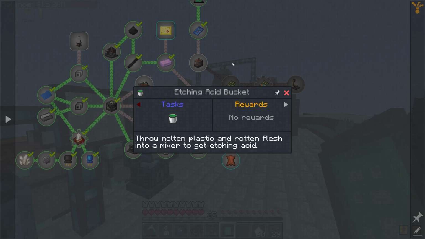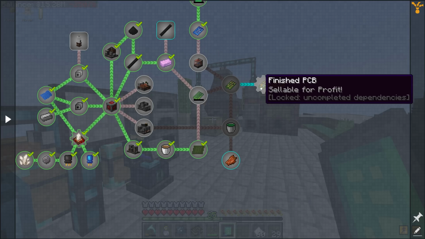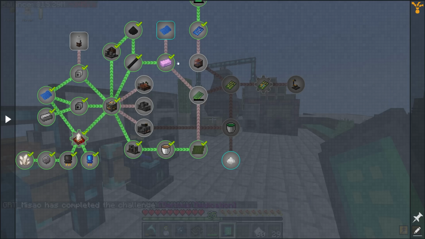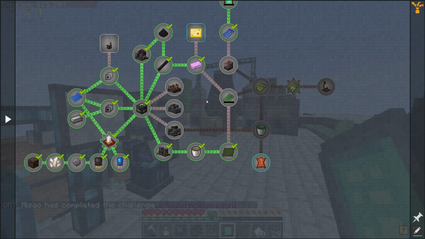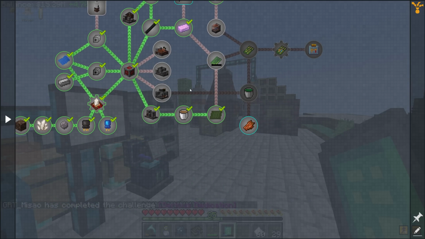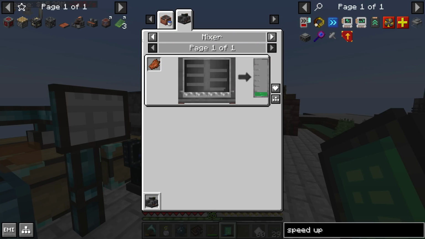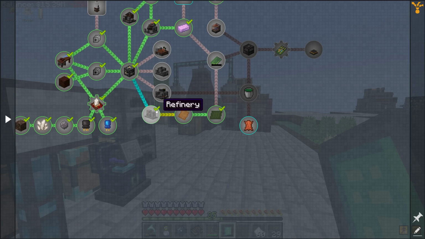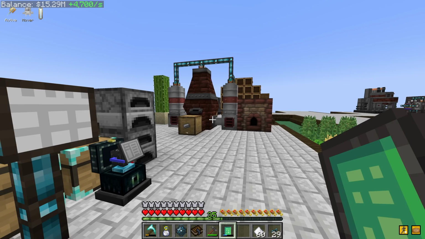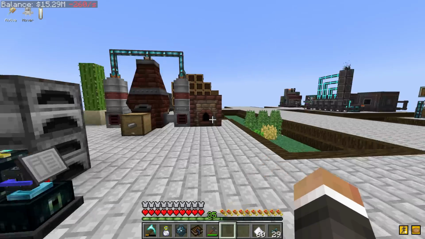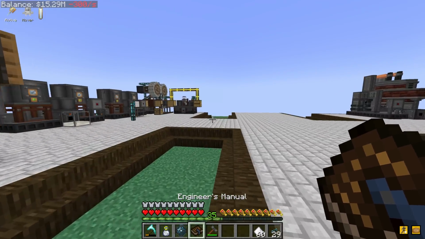The etching acid down here improves the chance of your PCB in the UV light box. That will make sense later on in the episode, but for now it does mean that we need etching acid, and in this pack, the recipe for etching acid has been tweaked to require the mixer from Immersive Engineering, another fairly big multi-block structure. Between streams, I did go ahead and grab all of the required items for the mixer,